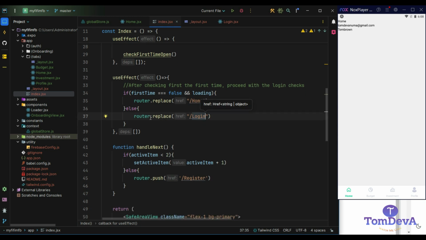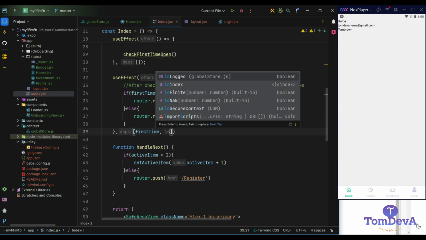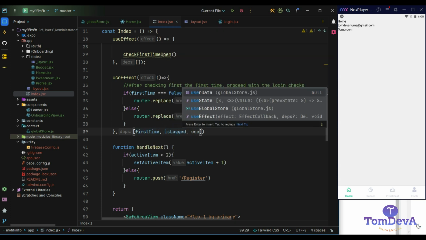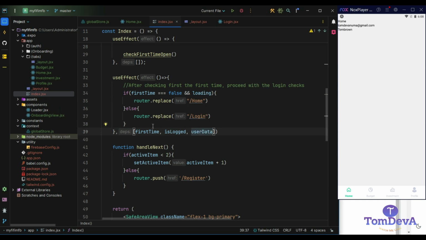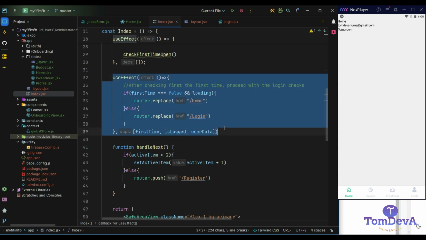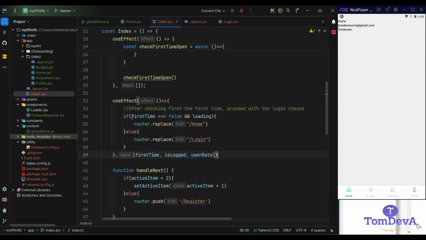Okay, so this useEffect has a dependency, and the dependency is based on the first time, because we always have to check before we run. isLogged in and userData. So these are the two dependencies that this second useEffect will be making use of to check. So if the user is logged in,